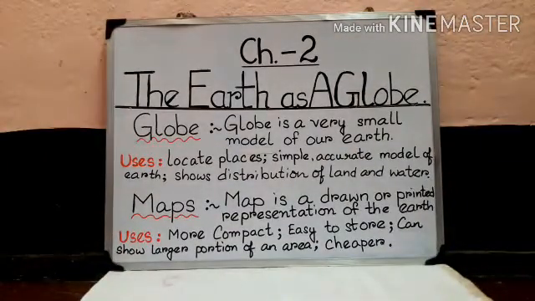So most maps show a part or all the earth's surface. Sometimes we need just a part of a map to be shown, and sometimes we need the whole world map to be shown at one time. So whichever part we need, we can draw or print only that part, that area of the map.